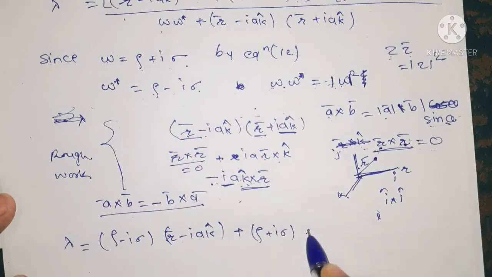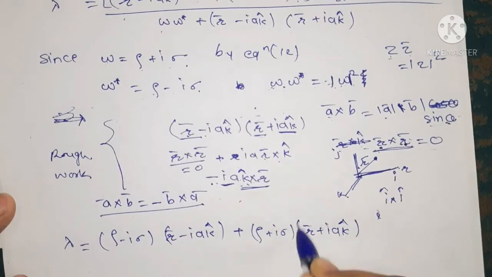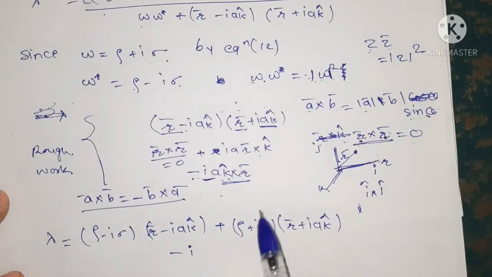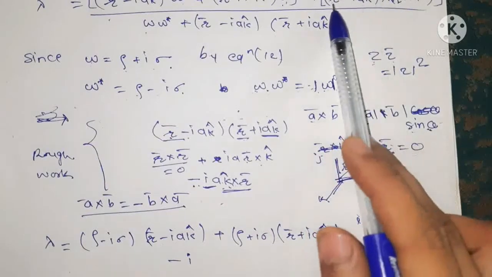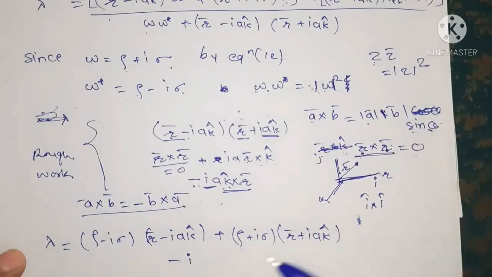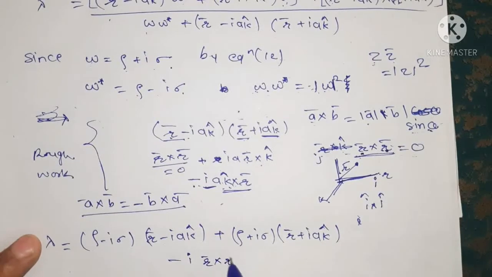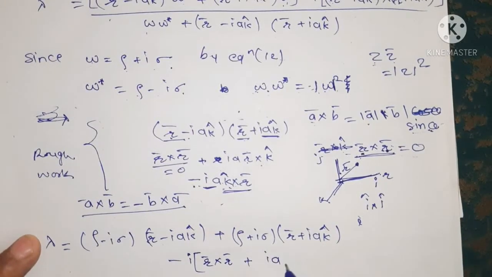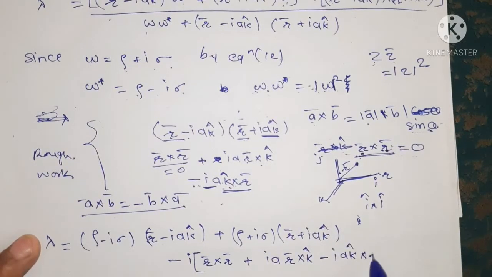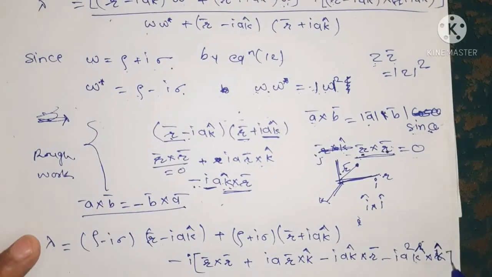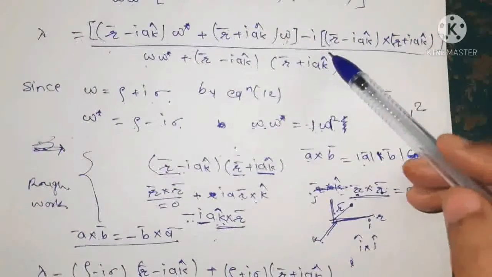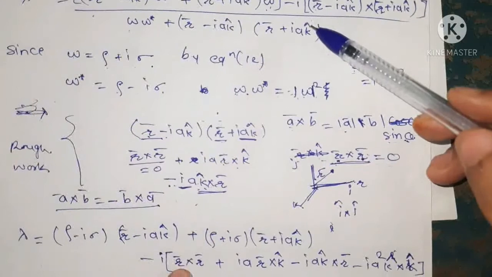into r bar plus i a cap, minus i, and we open this bracket term with a cross product. In the bracket we have r bar cross r bar plus i a r bar cross k cap minus i a k cap cross r bar minus i a square k cap cross k cap. So see here, firstly we are taking the product of r bar into r bar,